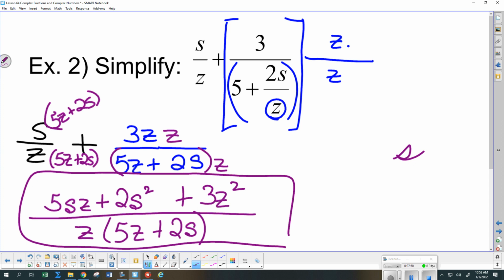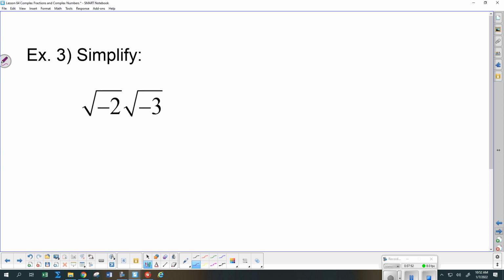Okay, moving on to complex numbers. If we have ones that have negative square roots in there, it is not mental math. You're going to make mistakes if you try to do it in mental math. It is not square root of 6. You can't just multiply the -2 and the -3. That does not work. First step, anytime you have a minus inside a square root, before you do anything else,